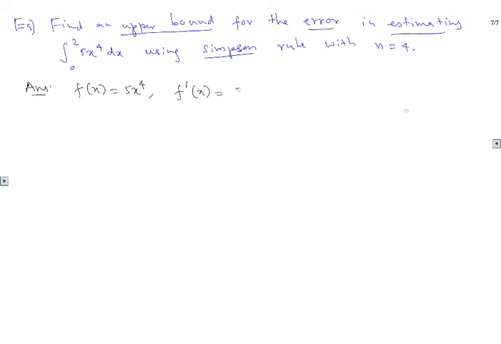So this is 20x to the 3rd, and then the second derivative is 60x squared, and the third derivative is 120x, and then the fourth derivative is 120. That's the fourth derivative, and it's a constant. So that means your M is